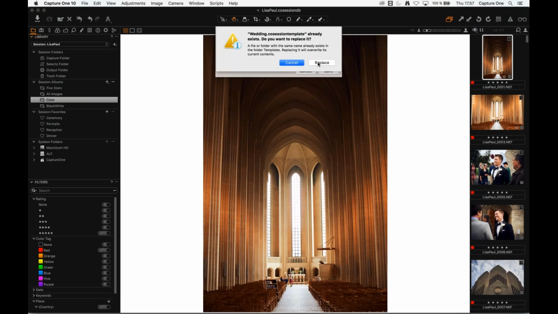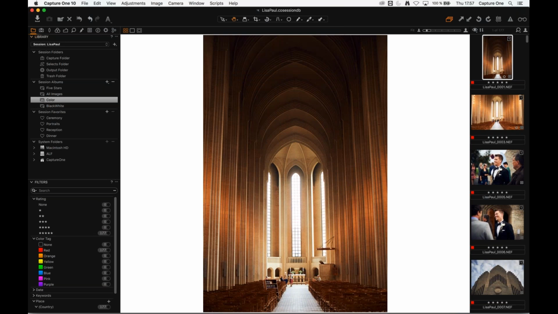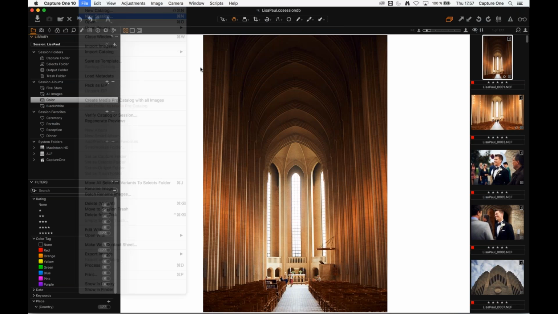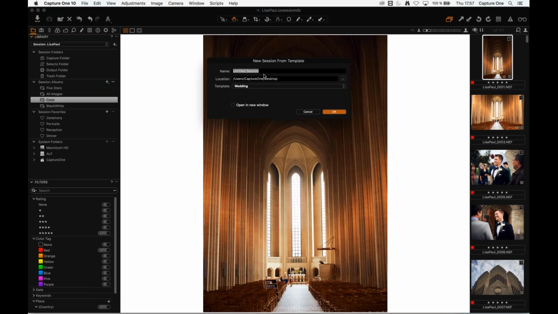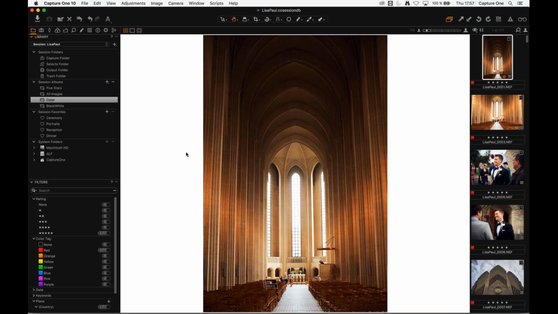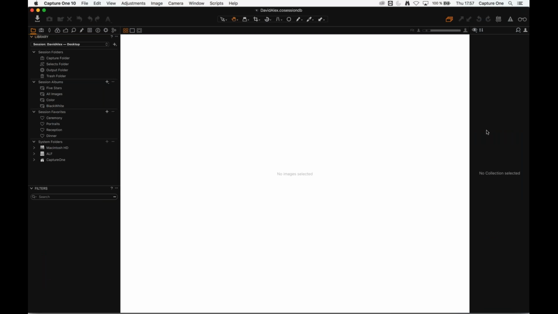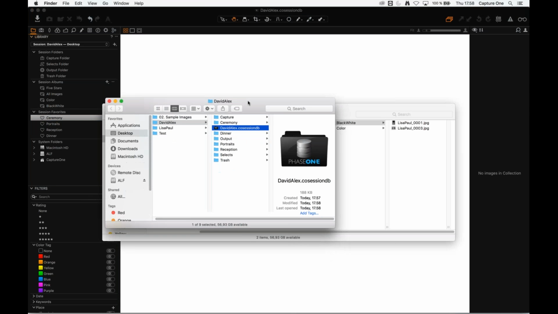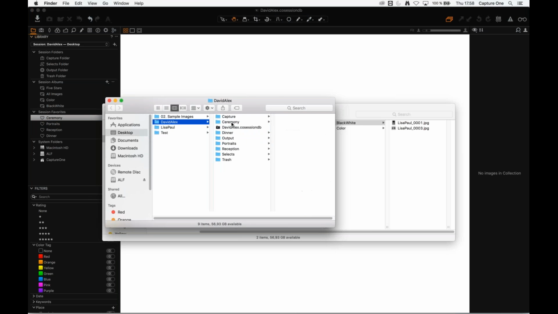Oh, it's going to replace the one I made earlier today. Earlier this morning, yep. Let's do that. And that now means if I go to New, Session, and select Wedding, let's call it David and Alex. Oh, a happy union. Click OK. Now we get a perfectly empty session ready to be used called David and Alex, and with color, black and white, and the physical folders that are created, as you can see, within David and Alex and ready to be